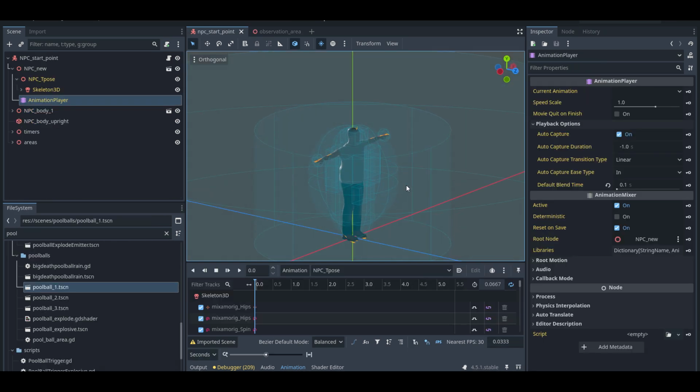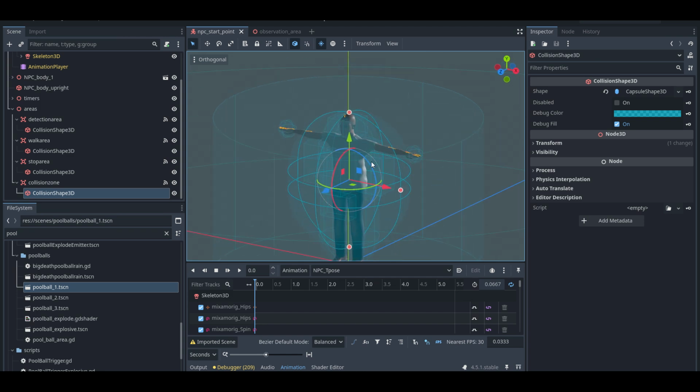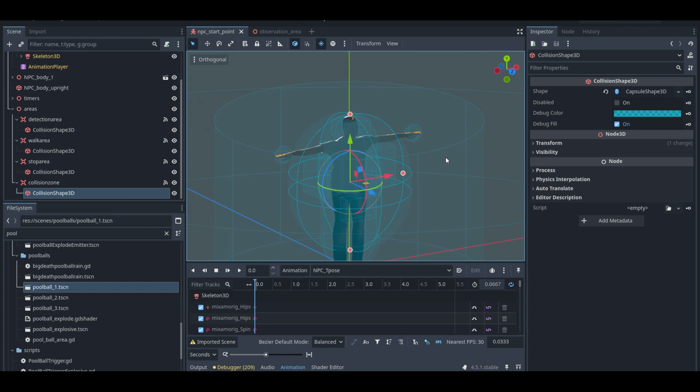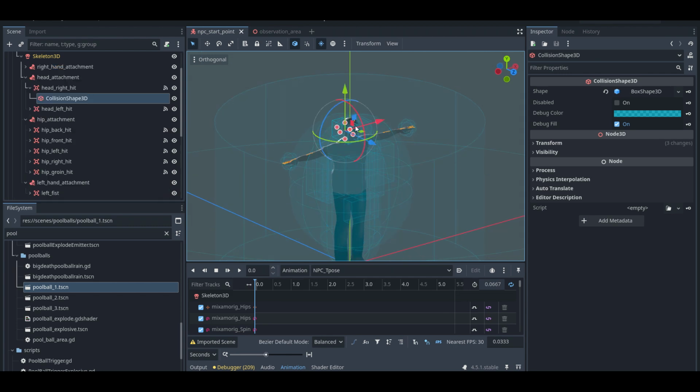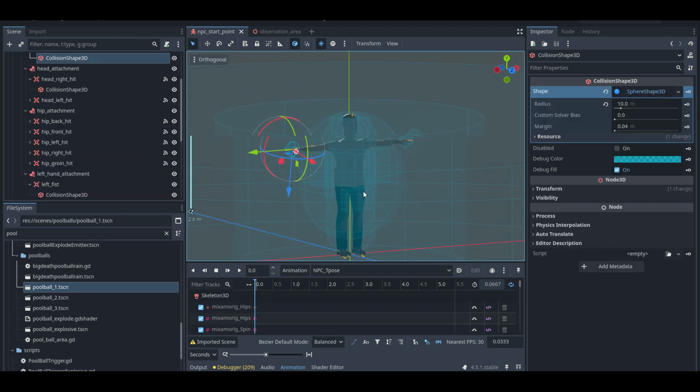Here we are, it's 8:45 p.m. now, so it's been about 10 hours of work off and on, and my new NPC has all of his areas. Run area, walk area, stop area. This collides with the surrounding. If it bumps into a wall, that'll tell it. These are all hitboxes for different animations. I haven't done any work on the fists yet, but